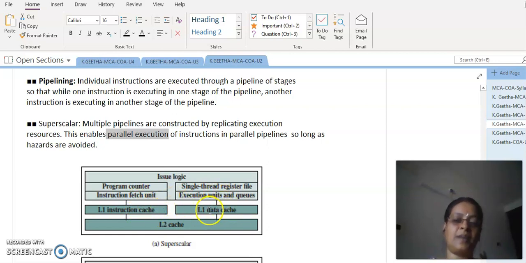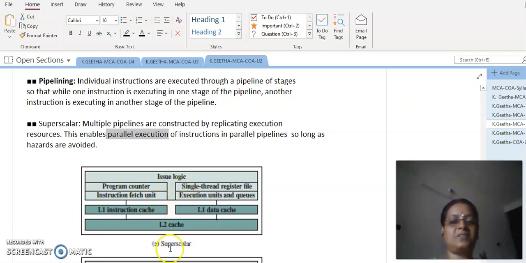If this facility is not there, what will we be doing? We will complete the first stage, and after completing, we will decode it, and after decoding, we will come to know whether we want to fetch the operand, and only then will we start the fetching process of the operand. But if we have two different caches, one to maintain instructions, another for data, we can do things in parallel by fetching the instruction and at the same time fetching the data also and keeping it ready in the queue. Once the instruction is decoded, by that time the data will be ready, and immediately it can start execution. If this setup is not there, it has to wait till the data is fetched. So that waiting time or idle time is going to be minimized in this superscalar structure.